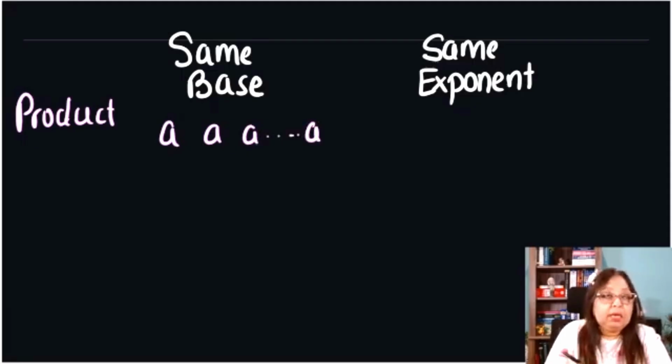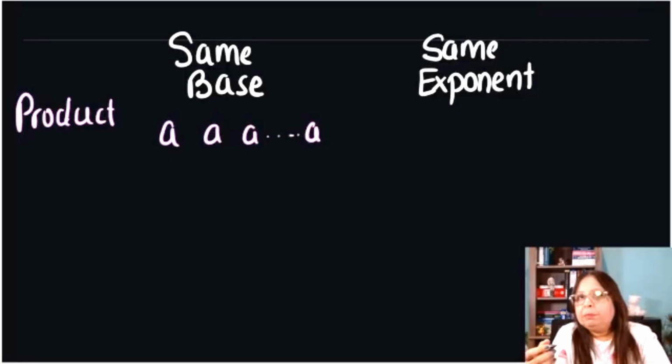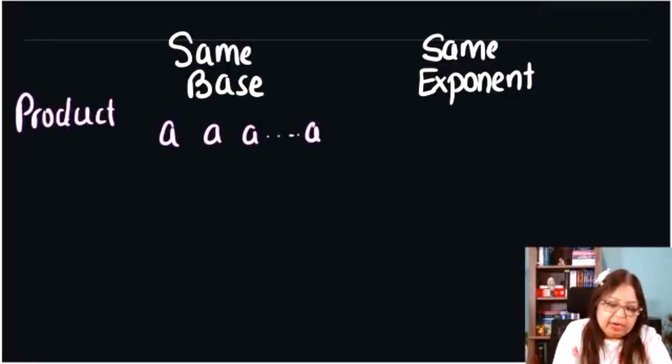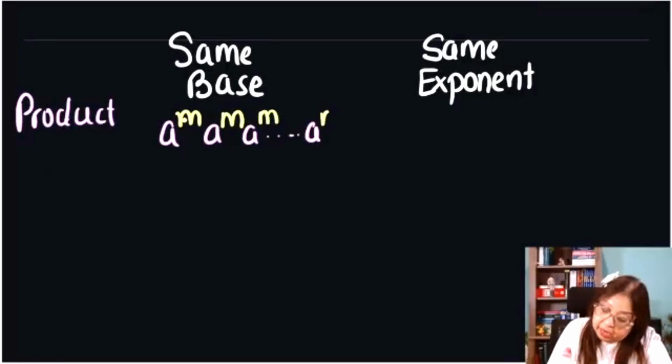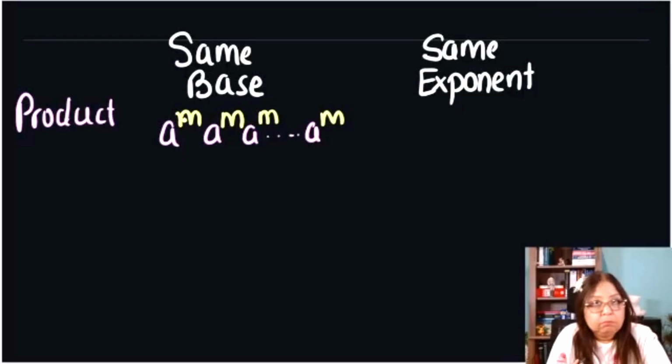But the power, it is in general different. It can be same. Sure, I could have a to the power m times a to the power m times a to the power m again and a to the power m. I could have that. The answer here, the simplification here would be